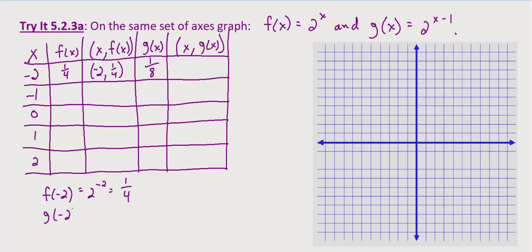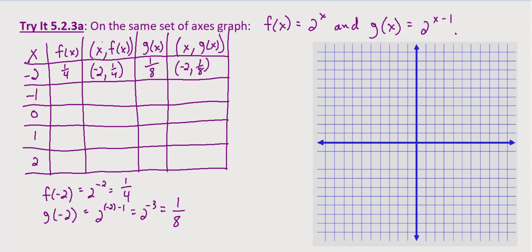So g of negative 2 equals 2 to the negative 2 minus 1, which equals 2 to the negative 3, which equals 1 over 2 to the 3, which equals 1/8. So then our g of x point is going to be negative 2, 1/8. Performing the same process with x equals negative 1, 0, 1, and 2, we get f of negative 1